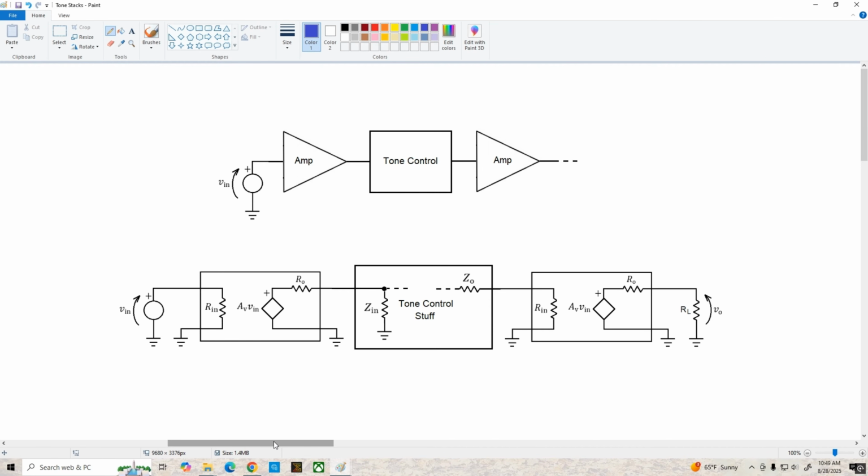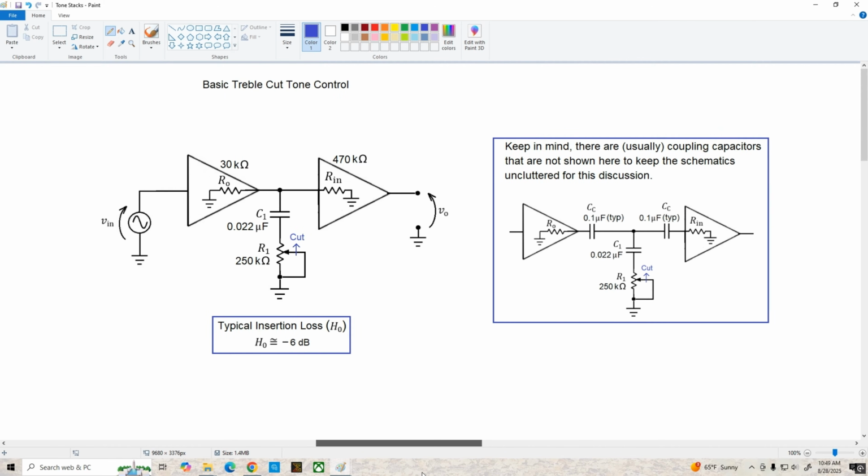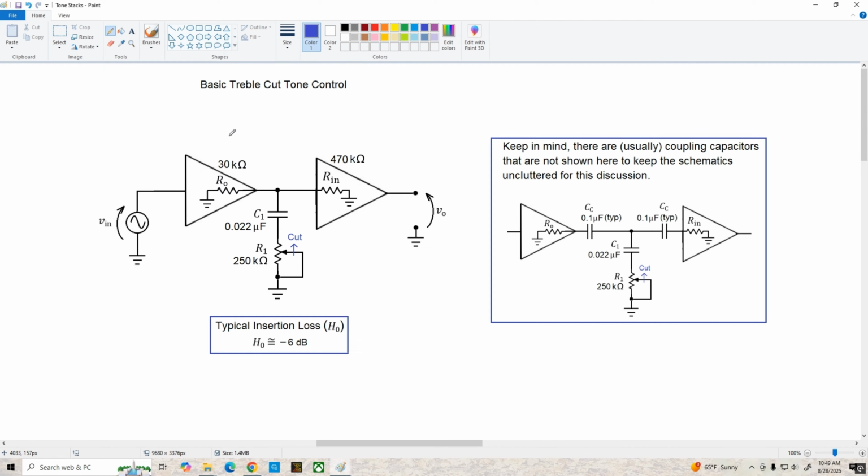So let's go on over to the next page, and we'll start with the simplest tone control that you're going to find, and that's the basic treble cut circuit. In this example, we're assuming the amplifier driving the tone control has an output resistance of 30k ohms. The amp we're driving has an Rin of 470k ohms, and our tone control is simply a capacitor in series